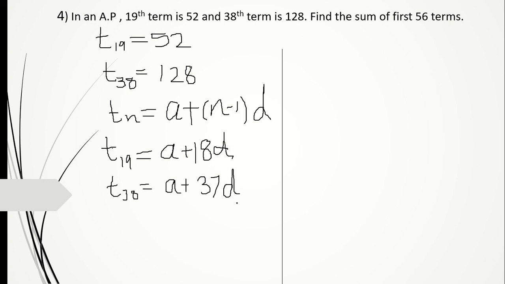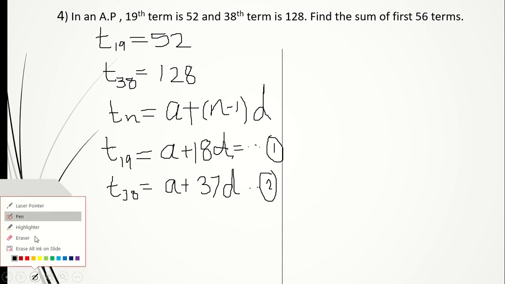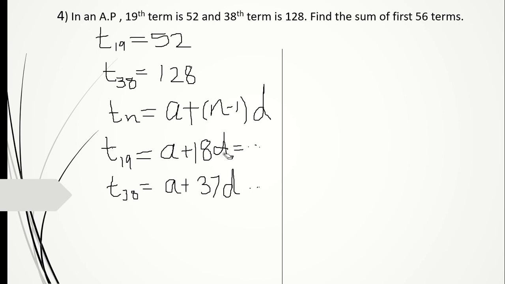Now these two equations, in normal circumstances, we would consider them as linear equations, solve them, and we can get the value of a and d. Getting the value of a is easy. This is one method; there is one more method that I am going to show you later, but right now just understand this one method. Let me erase this part so that I have a little space.